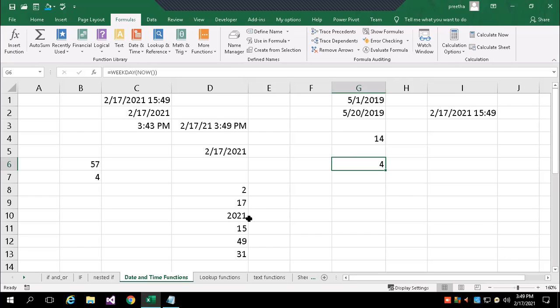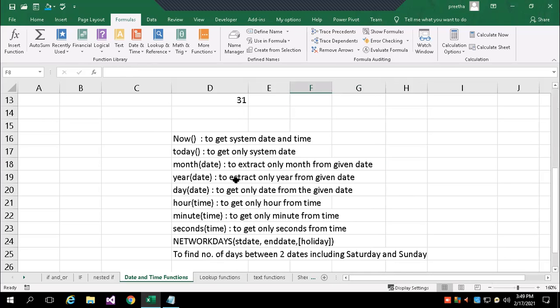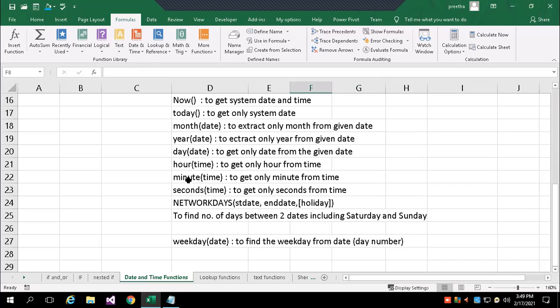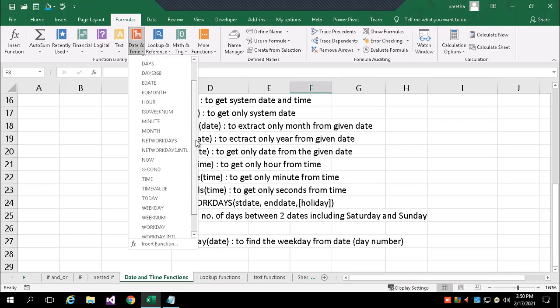These are the commonly used functions, which we may use regardless of any kind of process. The function names are NOW, TODAY, MONTH, YEAR, DAY, HOUR, MINUTE, SECOND, NETWORKDAYS, WEEKDAY. These all come under date and time functions.